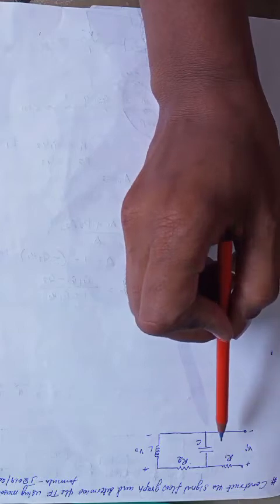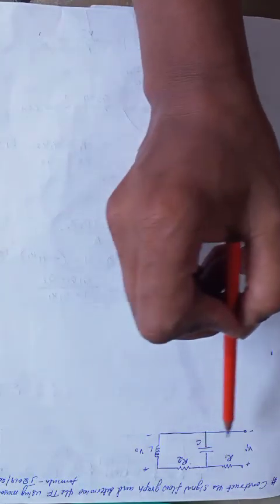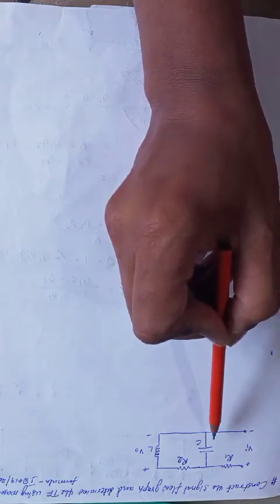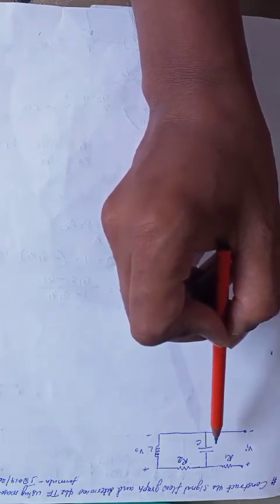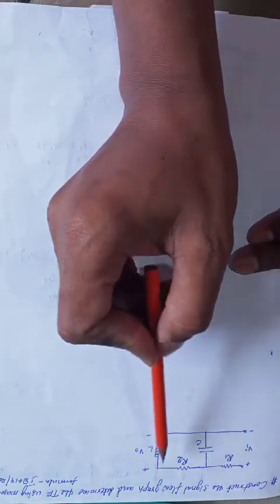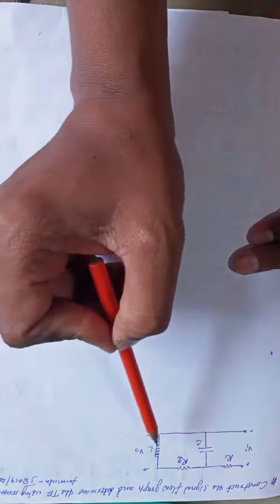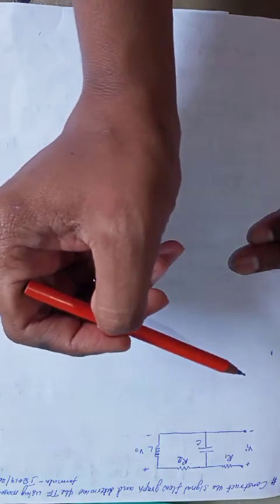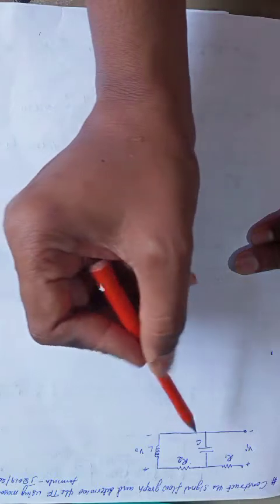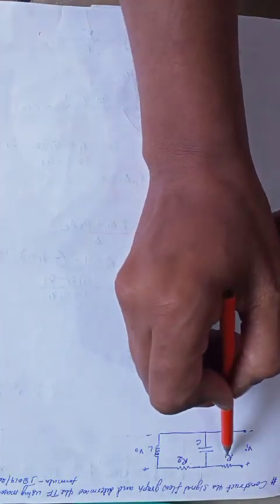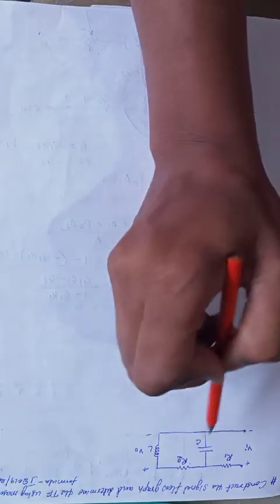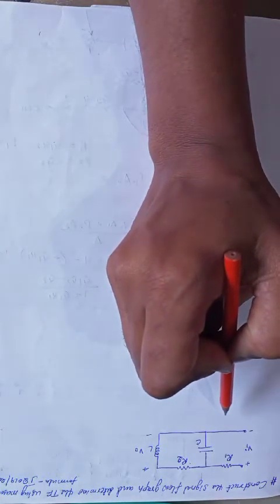Hello friends. This is the fourth problem of constructing the signal flow graph. Here the electrical network is given, for which we have to apply Mason's gain formula, and it has to be converted into an equivalent circuit. Here, along with resistance, there are a capacitor and an inductance in the network.